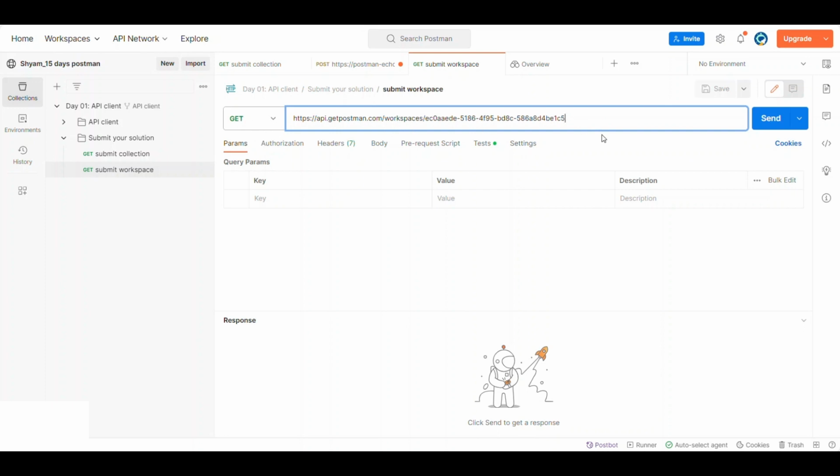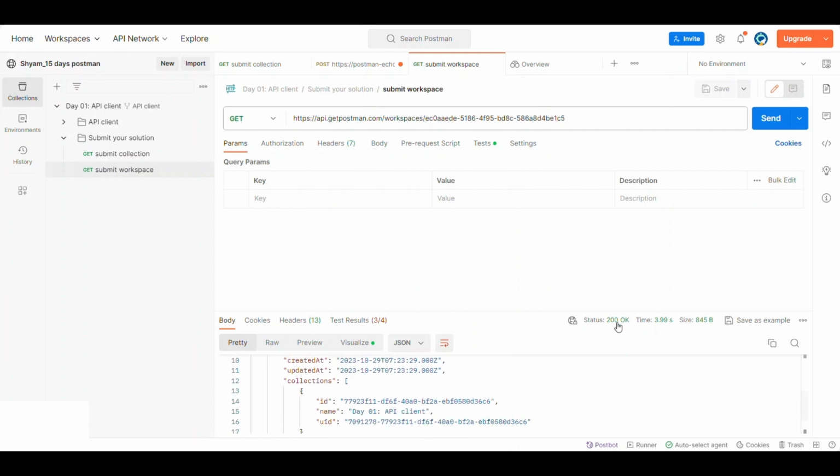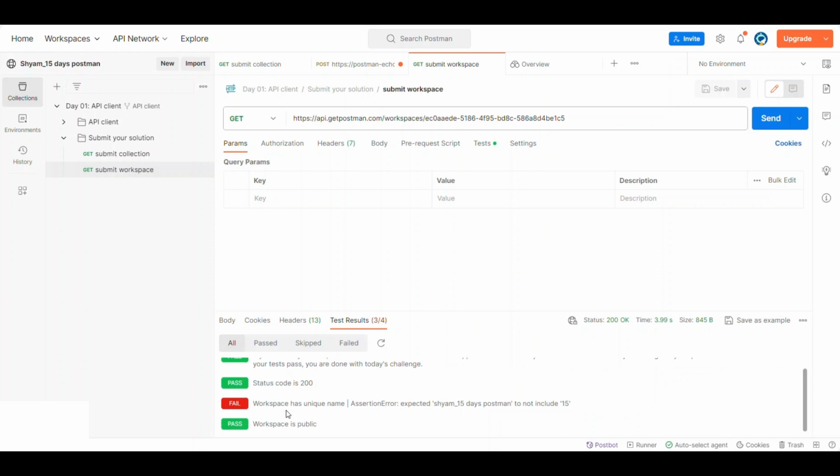This is a get request, and clicking on submit, we should be able to submit the request, as well as see the test results. See, we got 200 responses. This is fine. While seeing the test results, I can see workspace has unique name, assertion, expectation to not include 15. That means what they're referring is you should not create the workspace with any of the words like 15 days